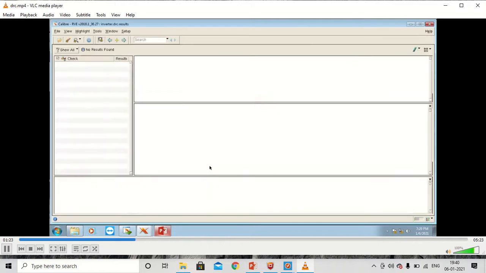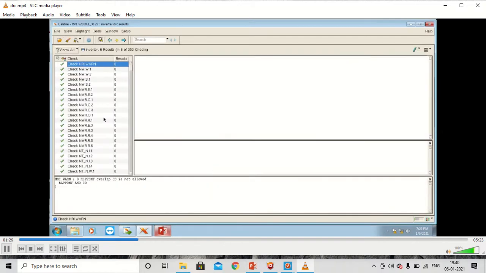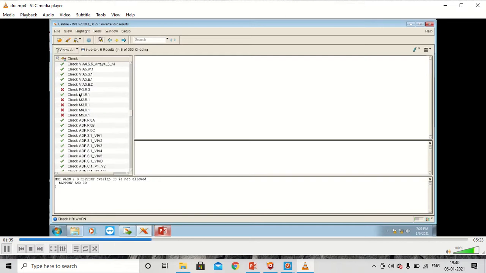So this is the DRC result window. So on the left hand side you can see the design rules which are checked, and if there are any errors, a red cross will appear and you need to fix those errors and clean the DRC. So you can see there are certain red crosses, these are density errors. So for a single block like an inverter, you don't need to worry about these density errors. You need to check these density errors when you are doing the DRC for the entire chip.